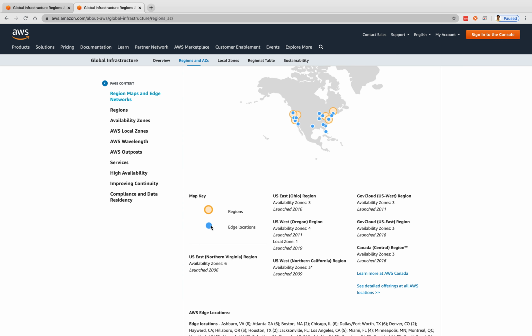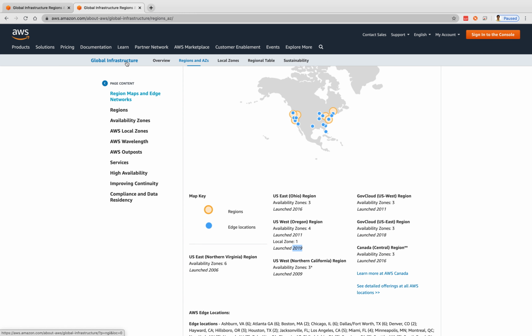The other color indicates edge locations. If you see US West, we have 4 availability zones, launched in 2011 and 2009. Day by day they are increasing availability zones and edge locations also.